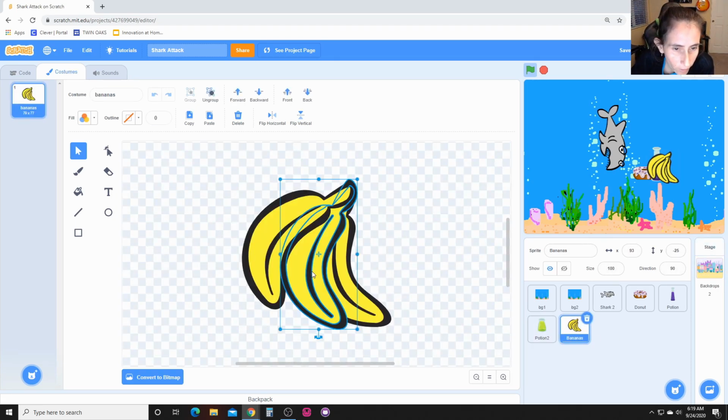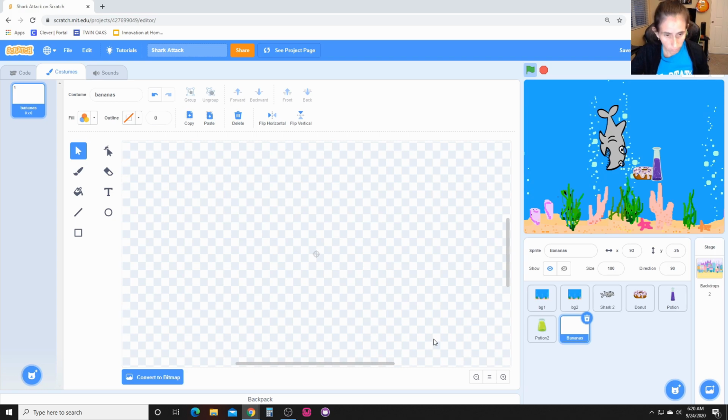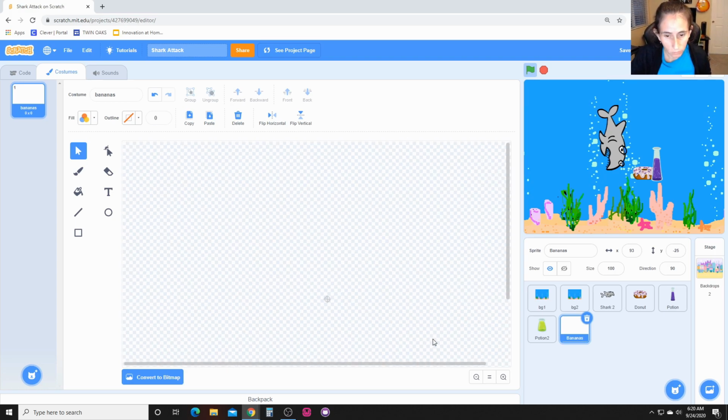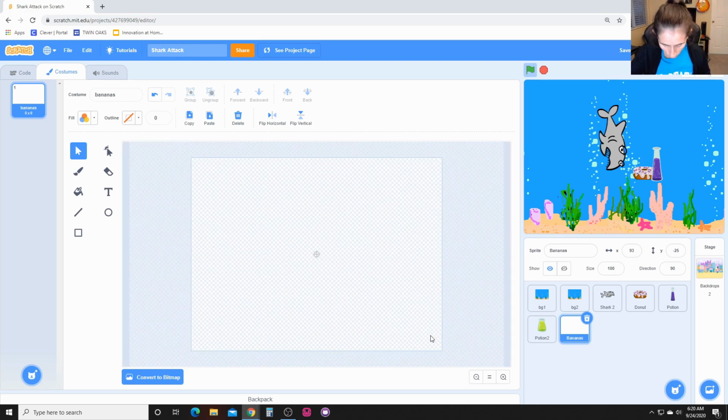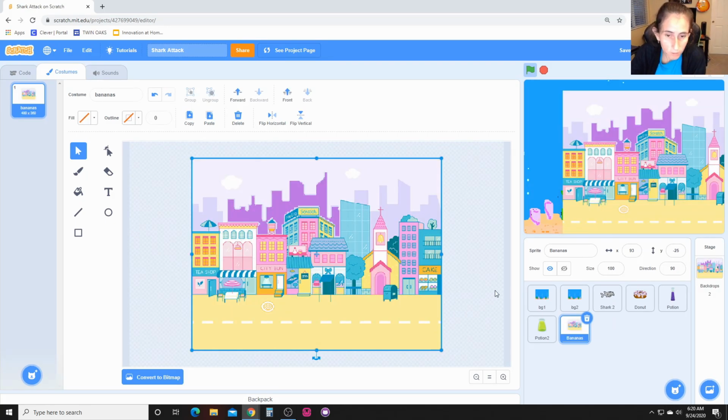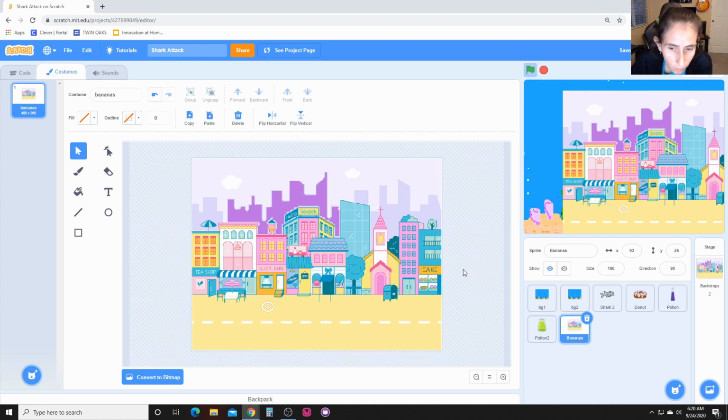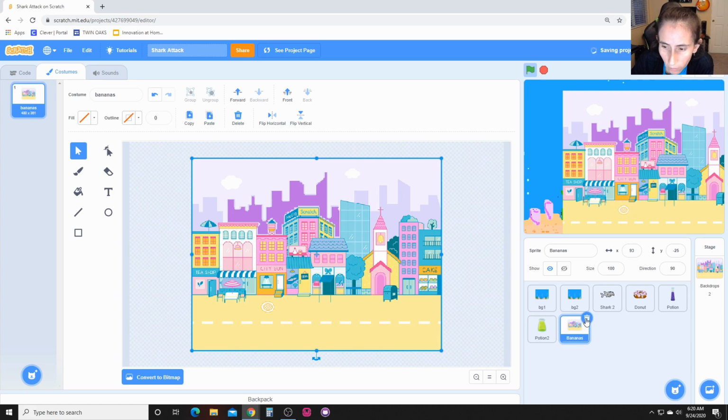Go to the sprite area and just delete whatever sprite you had chosen that you don't want. I like to minimize it so I can see where it's going to fall, and just pop your background in there, and that makes that background a sprite. And for some of them, if they don't cover the whole screen here, you can pull them out, and that's how you make your backgrounds